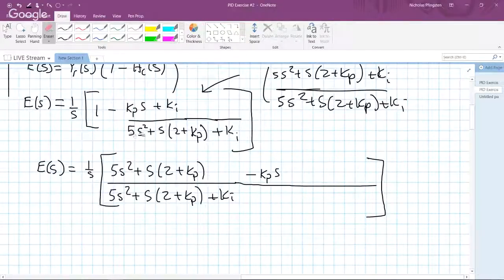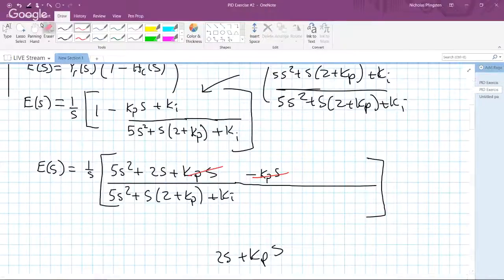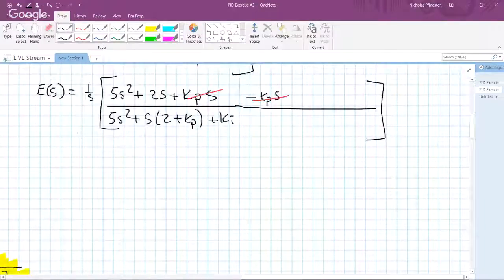Because if you distribute that s, which would just be s2s plus kps, you see that your kps's get canceled out also. So you're left with E of s equals 1 over s